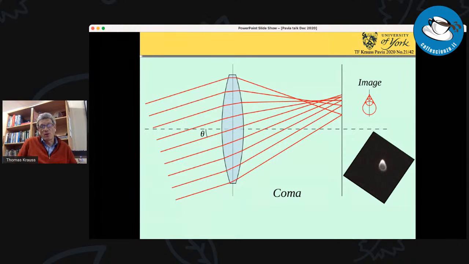The main problem I will talk about is called coma, which you do get in a normal spherical lens. It looks like a comet, like the tail of a comet with a bright head, and that's why it's called coma. It's because not all the rays are focused at the same distance, so there's this overlap. This is very fundamental optics. Now, why does this happen?